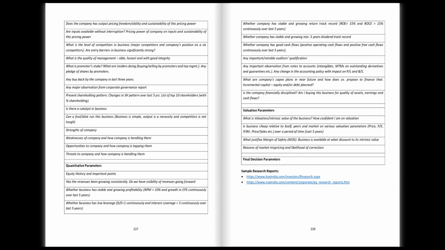Sample research reports: www.bseindia.com/investors/research.aspx and www.nseindia.com/content/corporate/EQ_research_reports.htm